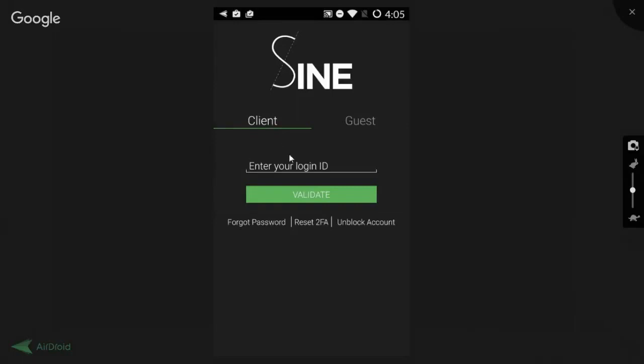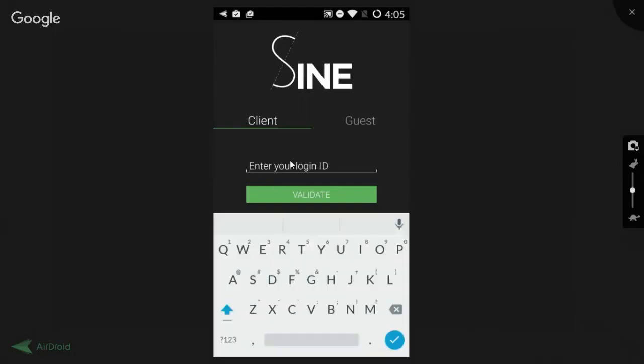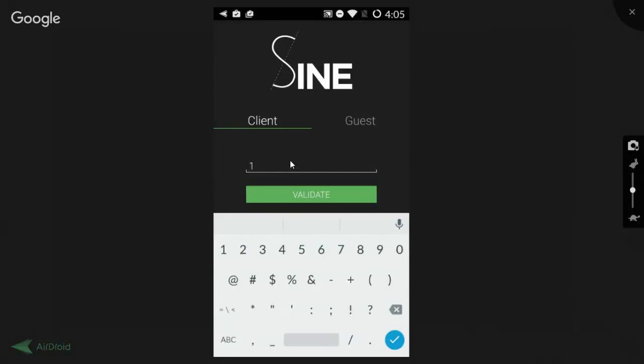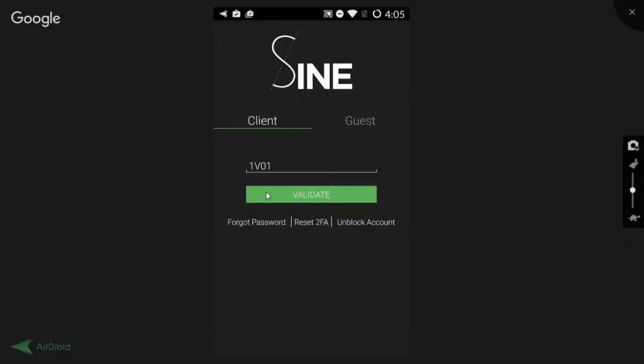We'll do a client-based login, and here we enter our client code, our login details. We have to click on it and enter the login details. Once we enter the login details, we get a button to validate. If we have entered the login details correctly, we get to the password entering page, and if not, it gives us a prompt message to enter the login details correctly.